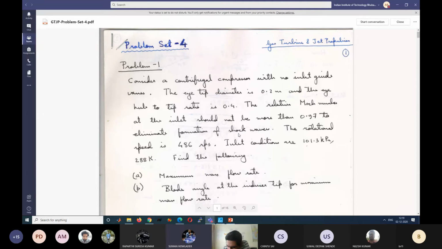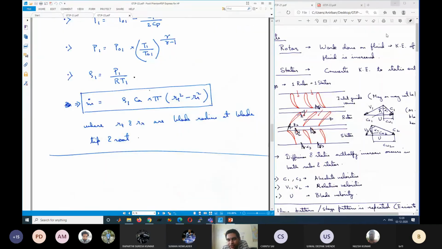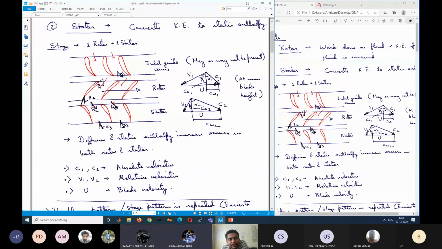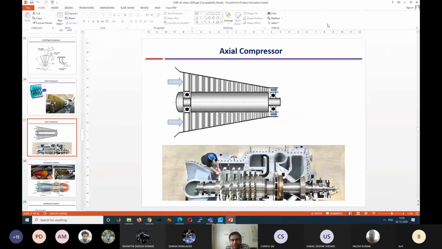But at the inlet we have no CA, but at the outlet there is CA, what should that be? No, CA is always there. CA is the axial component of velocity. This is this vertical line. CA is equal to this vertical line, and it will always be the same for the first stage and last stage. CA is always the same for the first stage, rotor, stator. It is not changing. It is the component of velocity along the axial direction, along the flow direction, along the direction of the axis. Now C1, C2, all these can be different, but CA remains the same. By design, CA is kept the same.